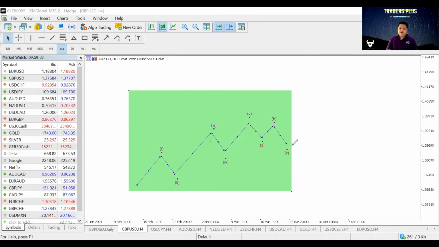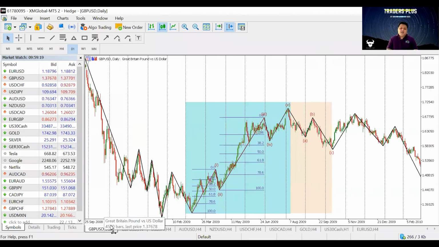Or it can have a reversal of this cycle. It can have 1, 2, 3, 4, 5, A, B, C. It can be like that. Okay? So now tingnan natin ang application sa real chart. Okay? So I have noted here,